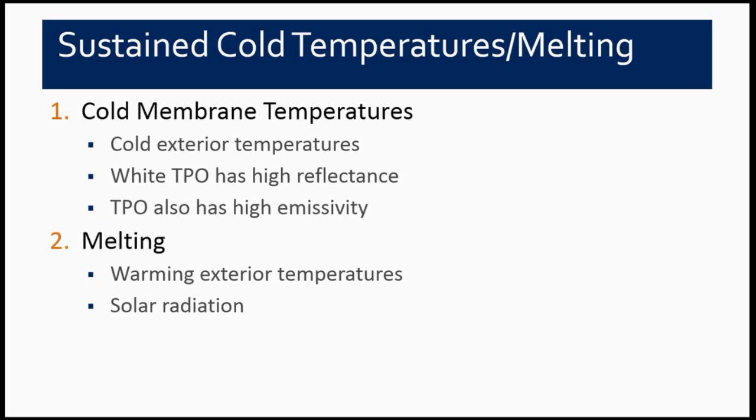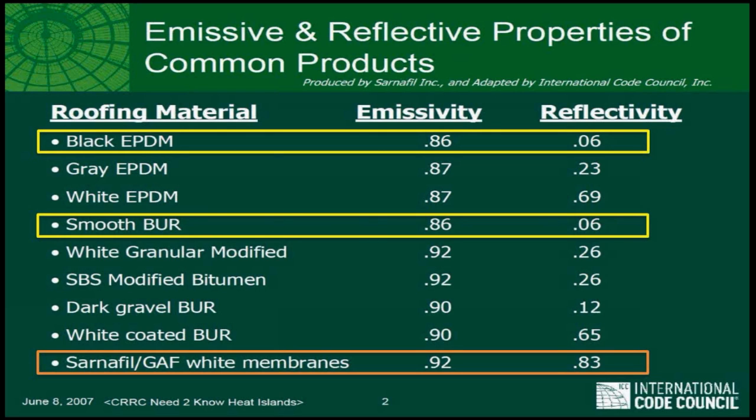The white TPO has a very high reflectance, so it's not going to heat up during the day, but it also has a pretty high emissivity. So when a white roof is exposed to a clear nighttime sky, it's going to cool down quite a bit. Emissivity is the rate at which the heat from the roof is able to be dissipated to the nighttime clear sky. The melting will occur either due to solar radiation or rising temperatures. This is a diagram from